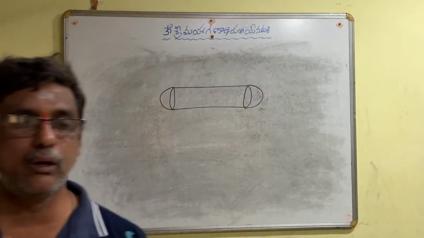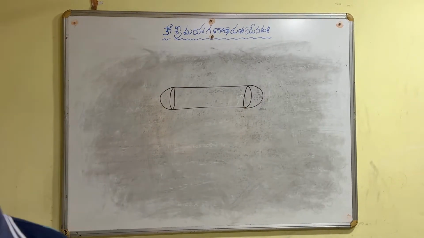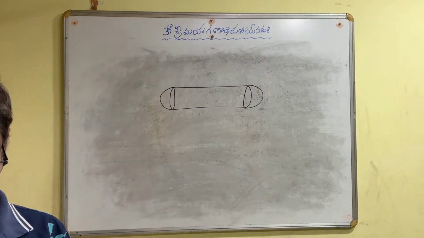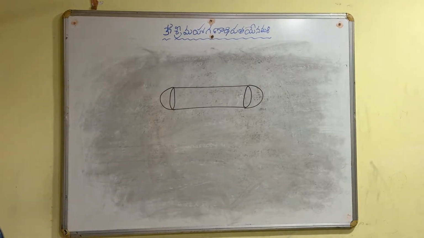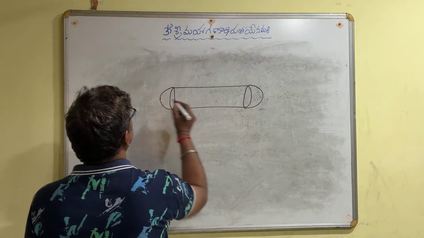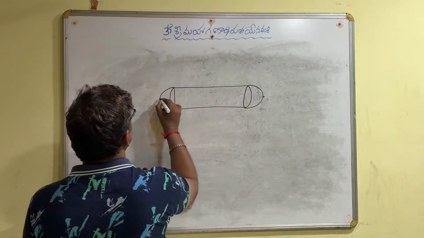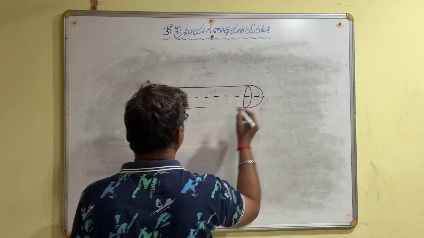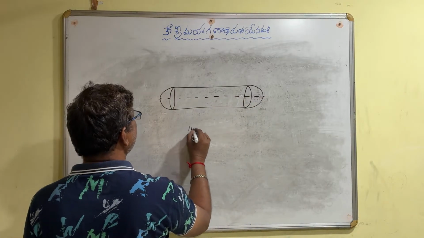This is a capsule which contains 2 shapes in it. One is cylinder, the other one is hemisphere. Total length of the capsule, from here to here, is given as 14 mm,